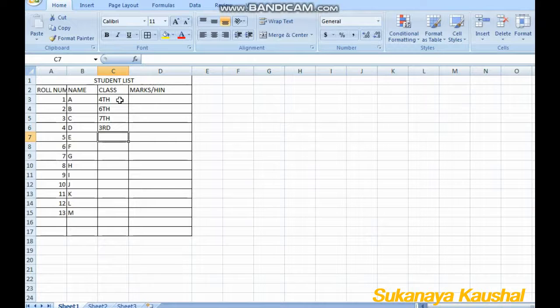And again 5th, again 6th; if it is 6th, you can also copy and paste by pressing paste. In the case of marks, I'm writing out of 50: 45, 44 and 48, 41, 40, 46, 35, 38,